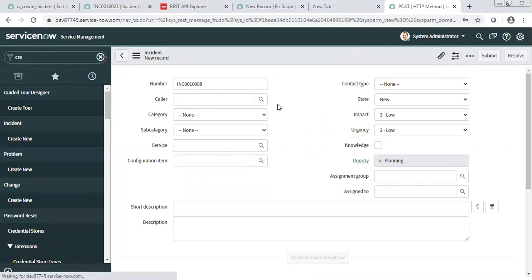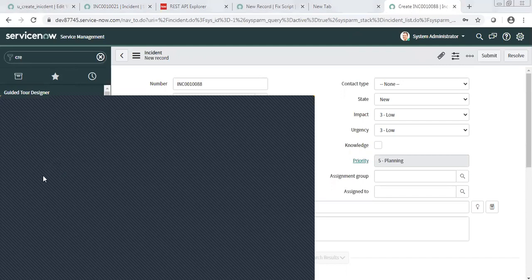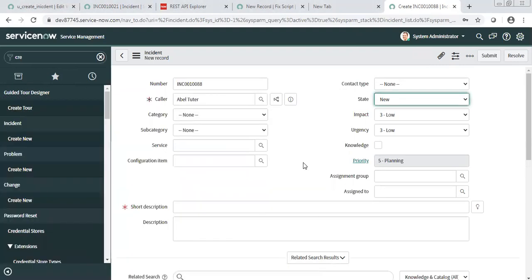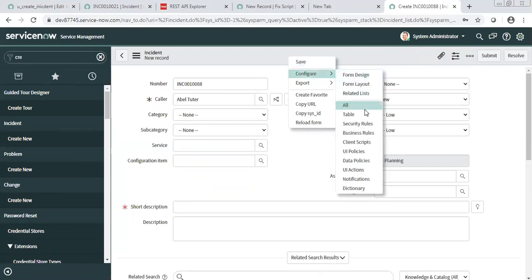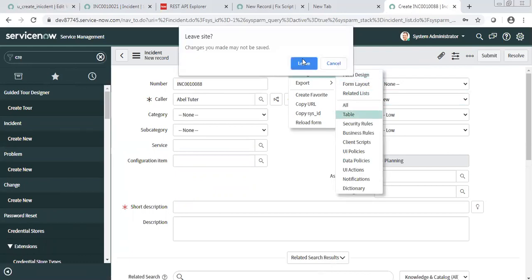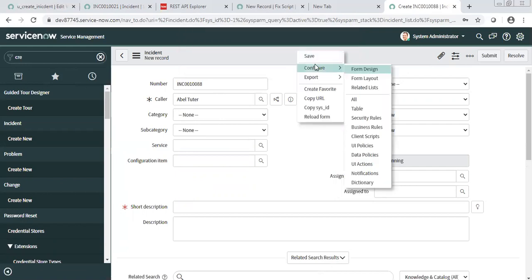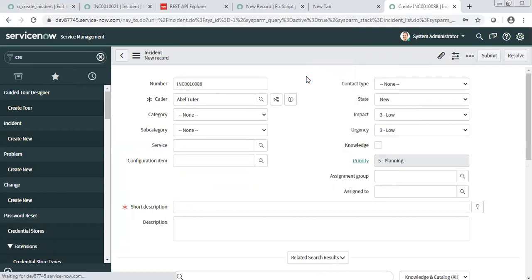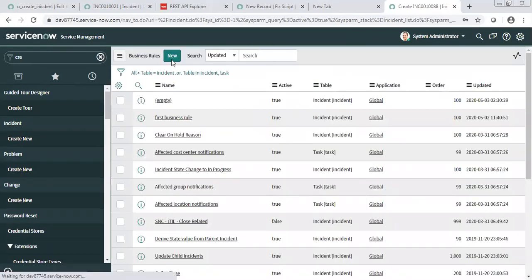So do you think if I create an incident now in your instance, it is going to create one in my system? I don't think so, because we need to set up some kind of trigger, right? Yes. That trigger will be a business rule. So I will go and configure the business rule. We need to set up the condition in which scenarios it should be integrated. Otherwise, all the incidents created in one instance will be created in the other.